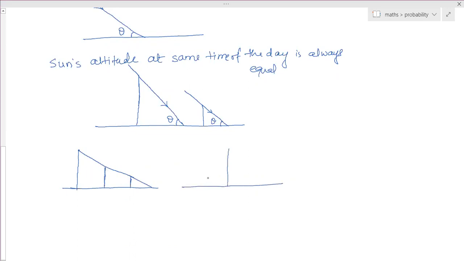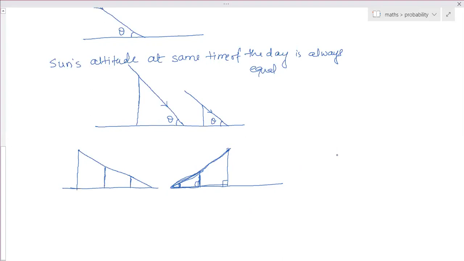So in this case also, you can consider this one as this person's height and this one as the other. The angle made at the lamppost, where the light is coming from, is always equal for both of them. If both of them are perpendicular and the light ray reaches from here to here, then this angle will be equal for both of them. For this triangle also, and for this triangle also.